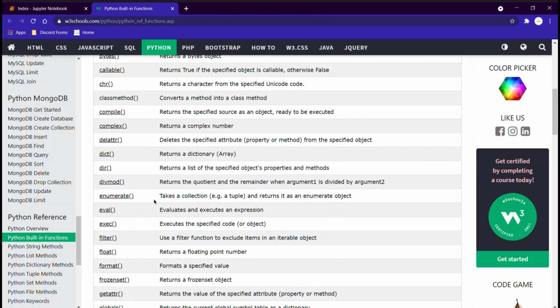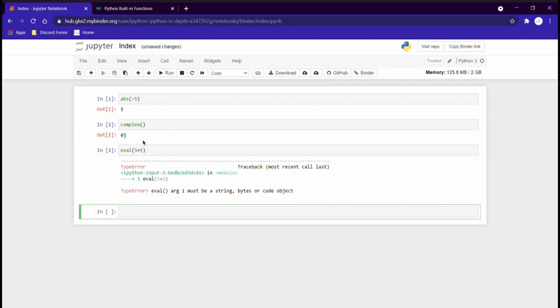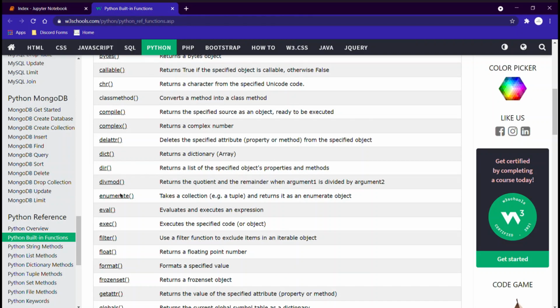Enumerate, eval. Okay, evaluates and executes an expression. Is this like saying 5 plus 5? Must be a string, bytes, or code object. I haven't used this before, so I'm not sure. Okay, let me check the other ones. Exec,